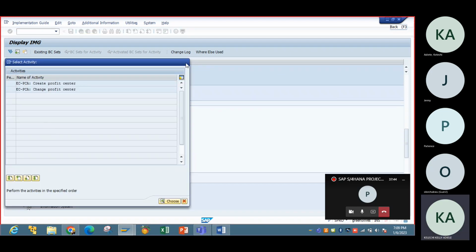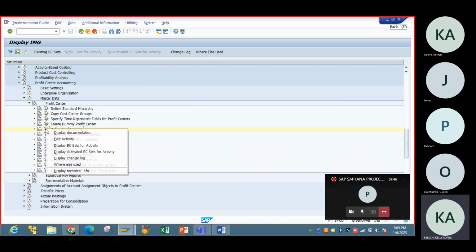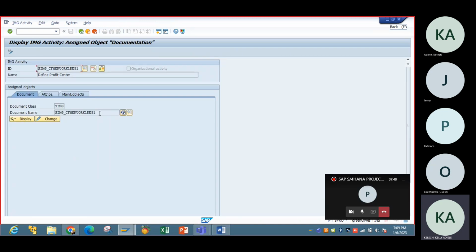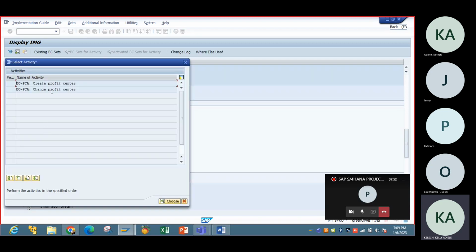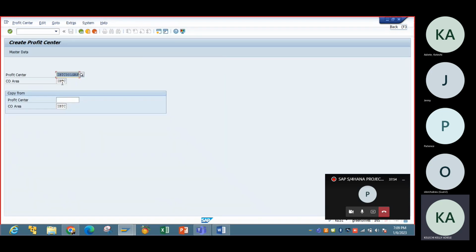Just the transaction code to define this, you can always check, is KE51. Just going to execute the profit center with the profit center. So the profit center group, this is a profit center we want to create, but I think I'm going to change it to IBTC. I'm going to create a profit center for sales for, let me say,